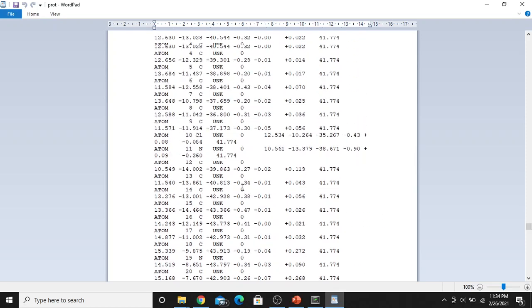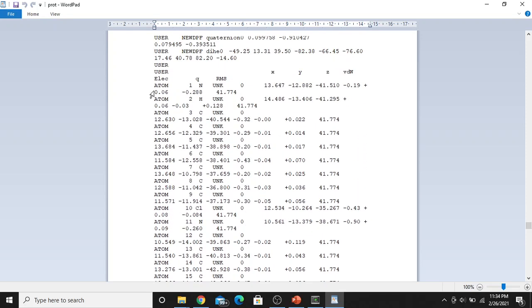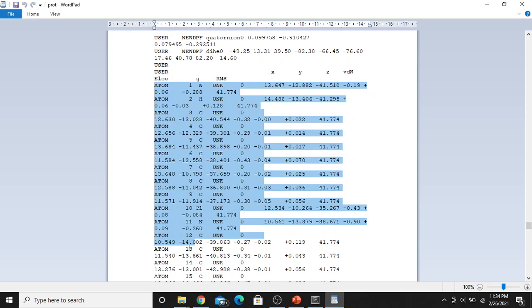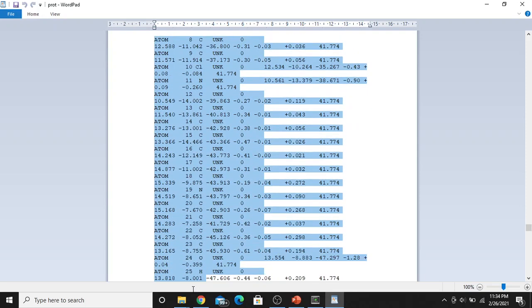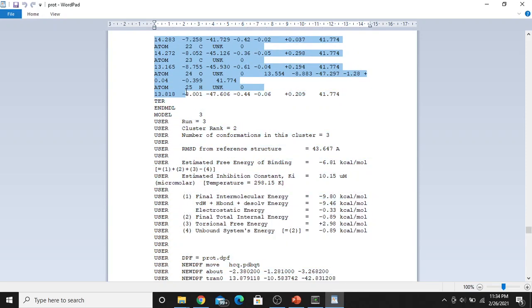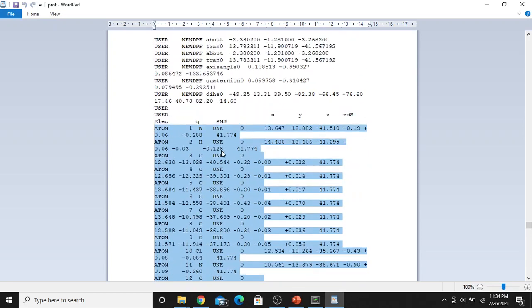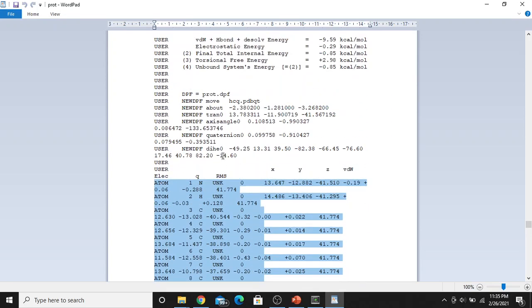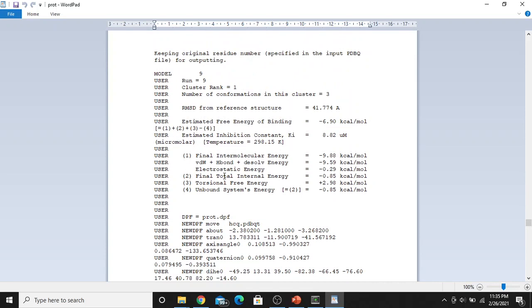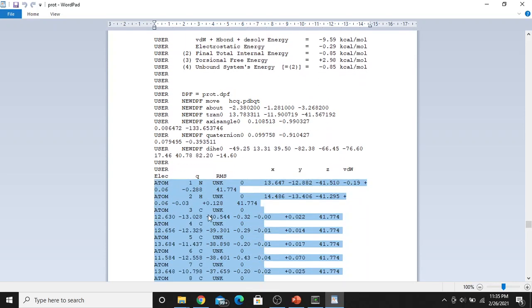So you have to copy the coordinates from atom 1 to the last atom, the 25th atom, above TER. You have to copy the coordinates of the ligand having the best pose. The run which corresponds to the best pose you have to analyze, and the coordinates you have to copy.